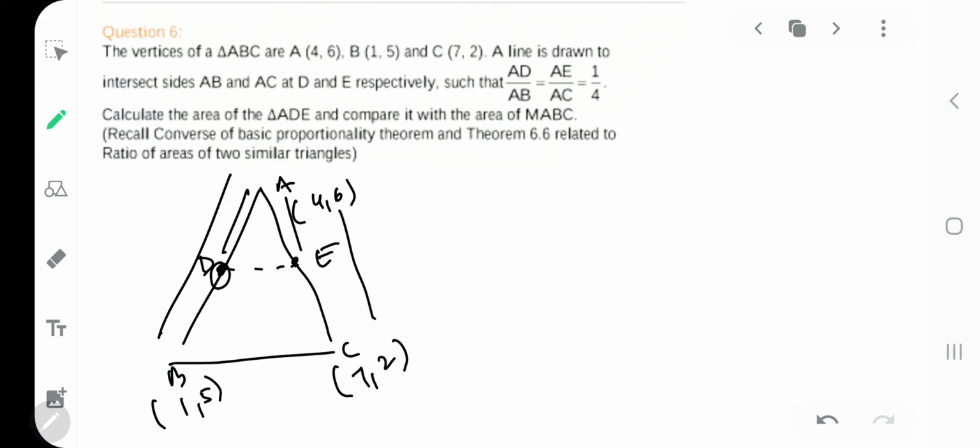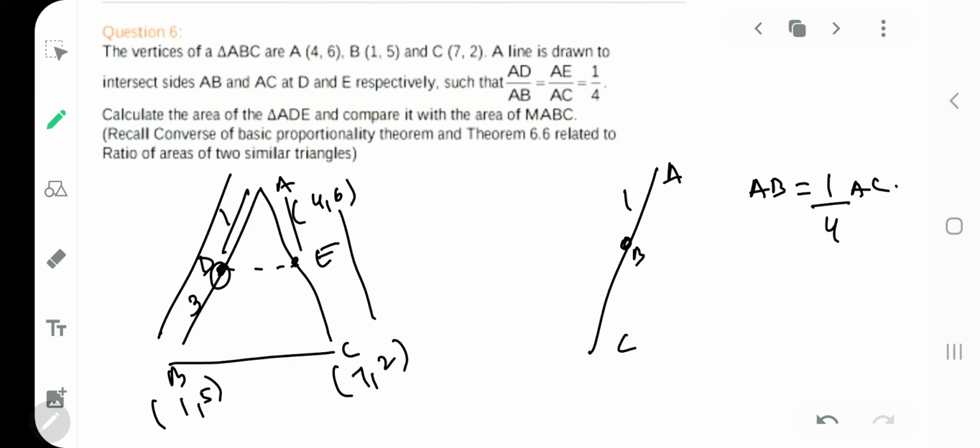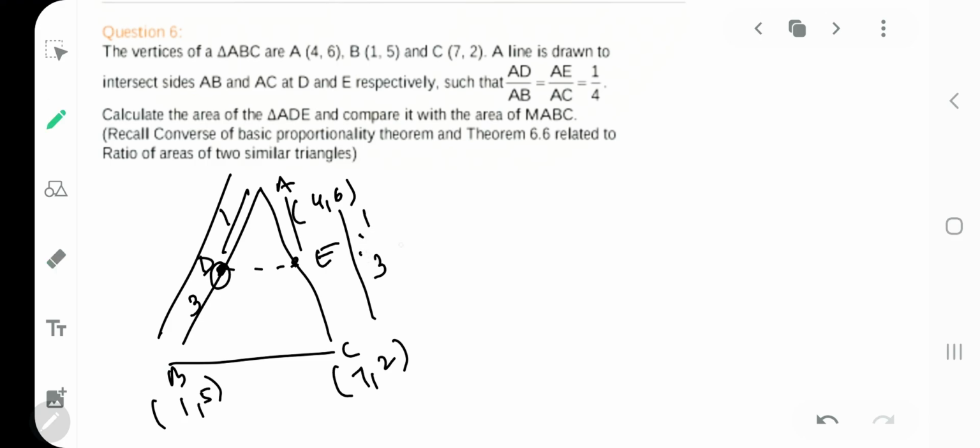मतलब D point का ratio होगा 1:3. अगर पूरा 4 है तो आप समझ जाओगे कि DB का part होगा 3. If I suppose give you this is 1, AB is 1/4 of AC, तो 1/4 AC का है तो BC 3 हो जाएगा ना. So similarly I have done the ratio 1:3. So my dear kids, both the sides you will have ratio 1:3. So you got m1:m2 as 1:3. आपके हाथ में रेशियो आ गया.